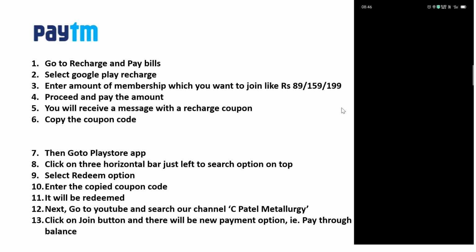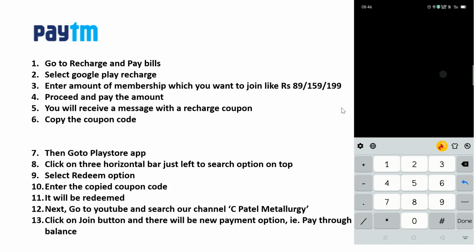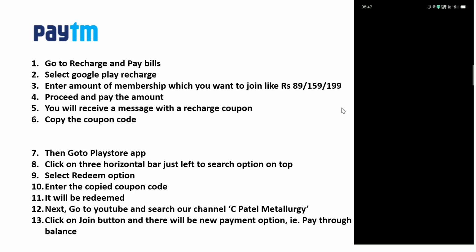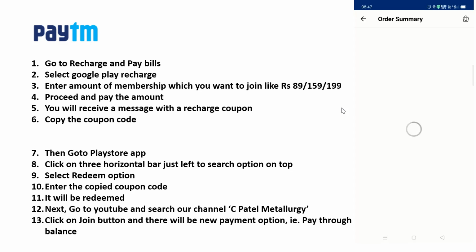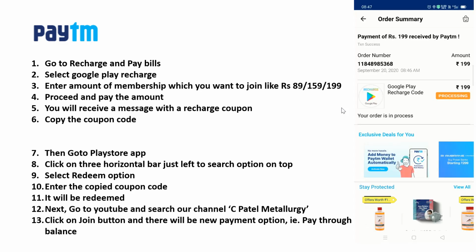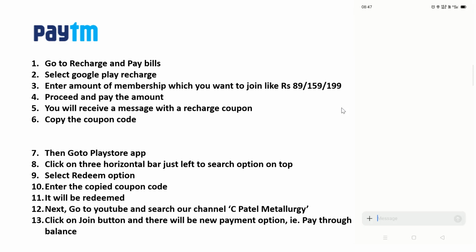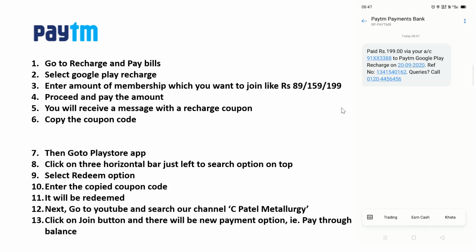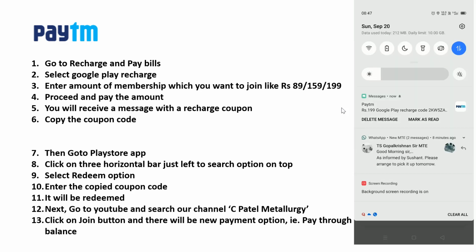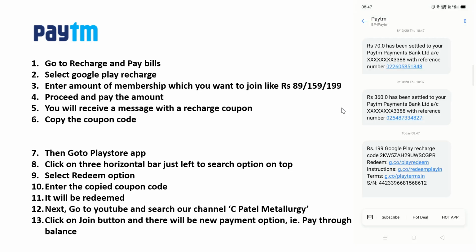I am doing the payment using this Paytm bank balance, Paytm Payments Bank. It is processing right now. Once your recharge is done, you will get a message, and then you will get a coupon, right?